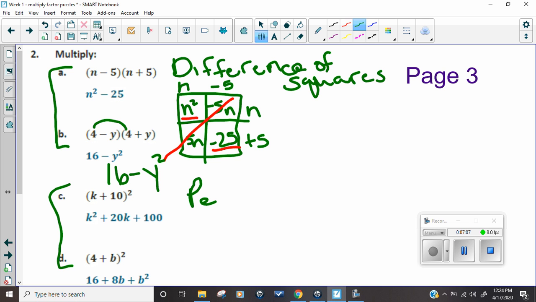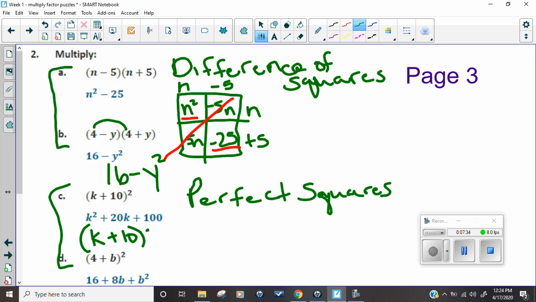And they're called perfect squares because it's the same thing multiplied by itself. It has the squared exponent, the 2 with the exponent. So sometimes people just multiply everything by 2 and get 2k. This one is the same as k plus 10 times itself, k plus 10. And when you do the tabular method, the 2 by 2,